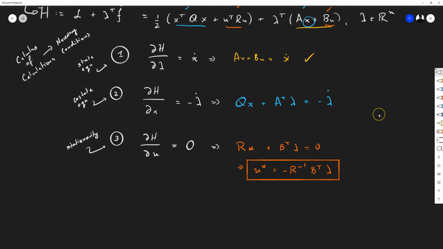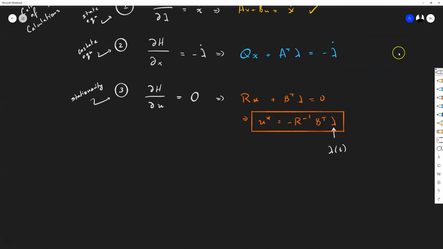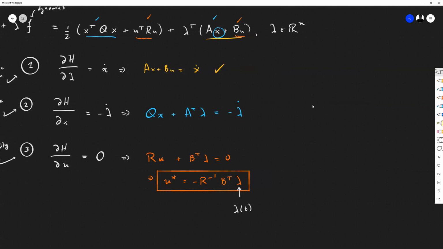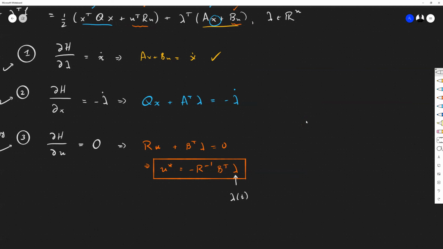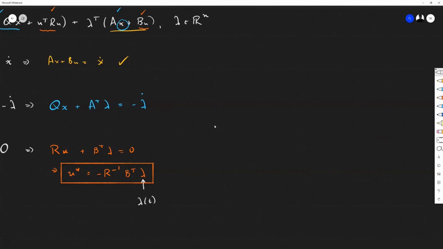Okay, so we found the optimal controller, but there's still a problem, right? Because this is a function of lambda. And we don't know what lambda is just quite yet. We know that it satisfies this differential equation, but we don't know what lambda is specifically. So how can we get around this? And here is where I give you an argument for why the solution is what it is, and then we'll see why. And the argument goes like this. Let me just drag this over. So let's assume,